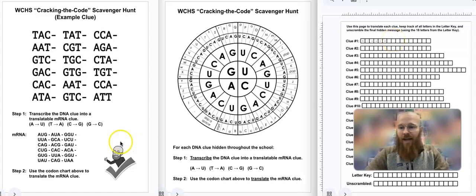Okay, I'll go to the next one, and that is GAU. Process never changes. GAU from the middle out, and that gives me a lowercase letter t. And I'm going to continue that message 1 letter at a time. You're going to get another space if you were to do this. And I'll continue to fill in these translated letters. And whenever I've completed this process, I would end up with my first clue being around the